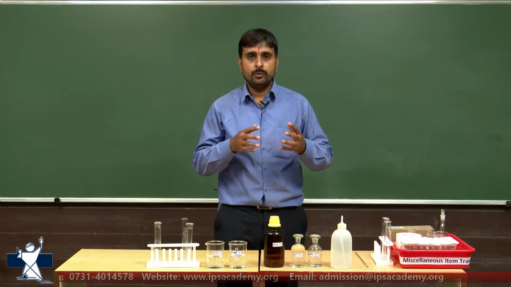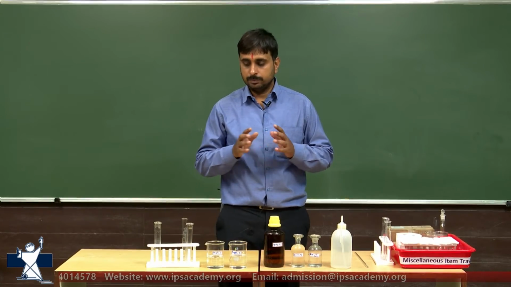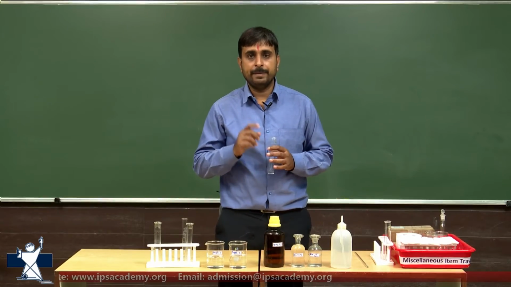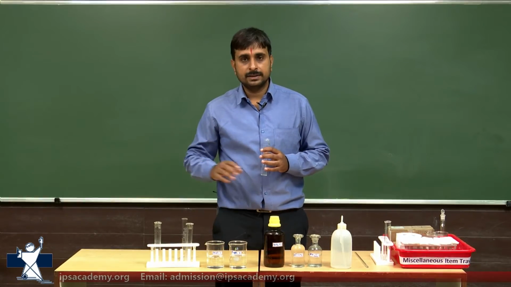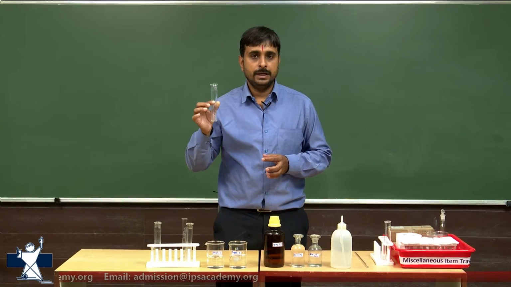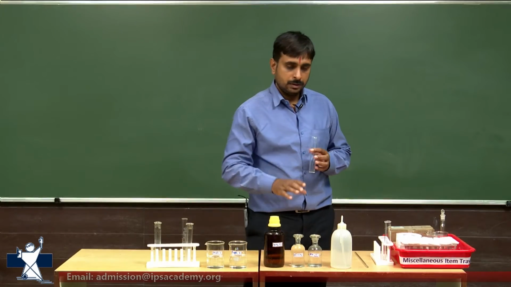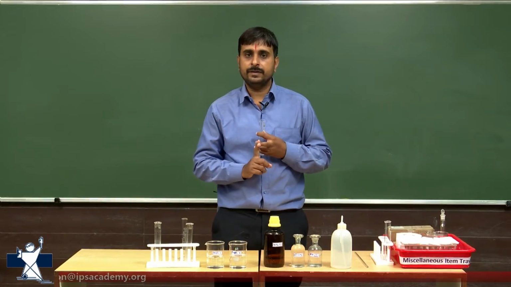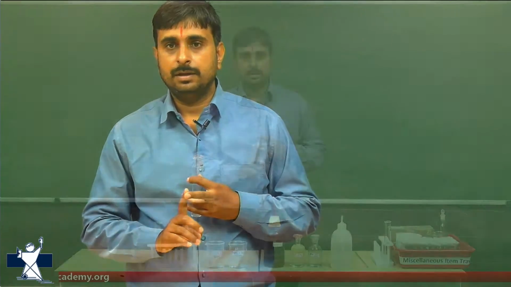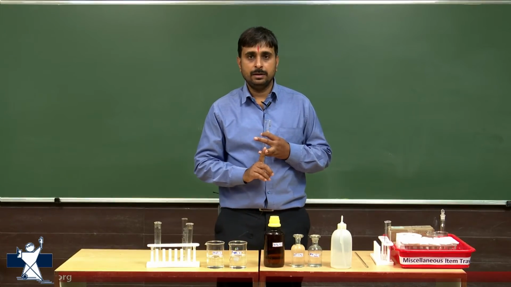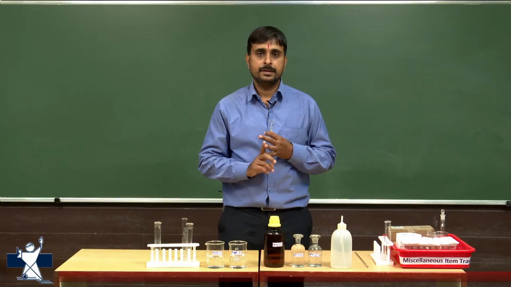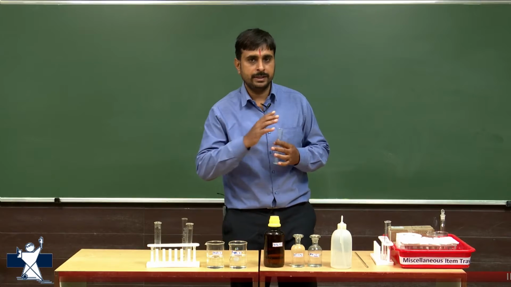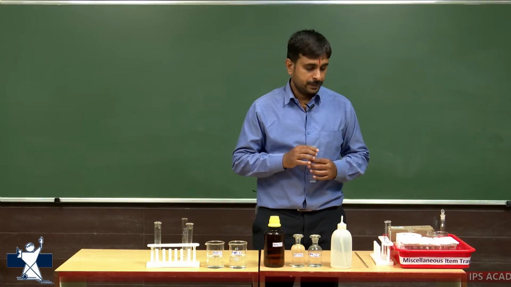So, before moving on, we will add both the sample solutions in our Nessler cylinders, and I will take a third Nessler cylinder in which we will pour the standard solution. So, we are having three Nessler cylinders. In one we are using sample A, sample B in the second one, and in the third one we are going to use standard chloride solution, that is made by using NaCl. We have already discussed it in the theory part.